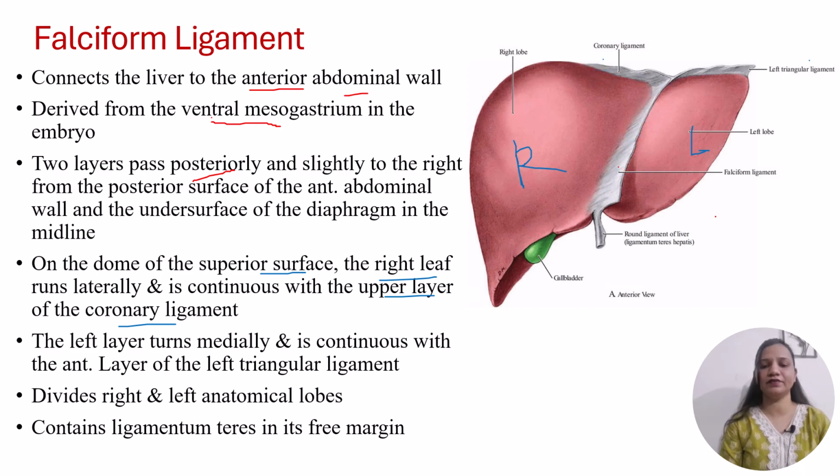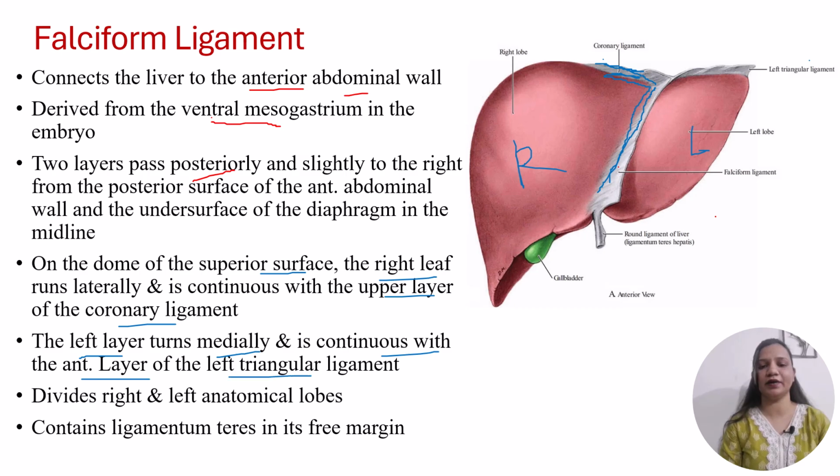So what the right leaf does, it becomes continuous on the superior surface of the liver laterally with the coronary ligament. The right leaf of the falciform ligament becomes continuous with the coronary ligament on the superior surface of the liver towards the right, and the left layer turns medially and is continuous with the anterior layer of the